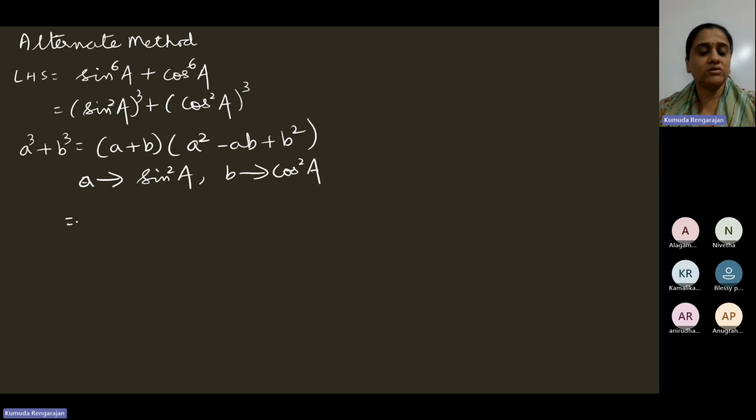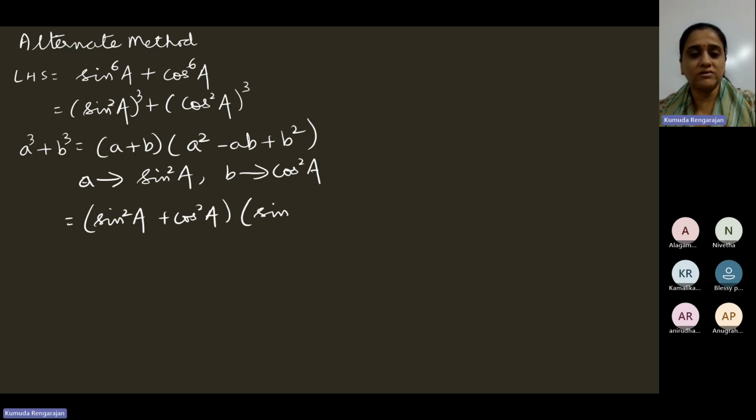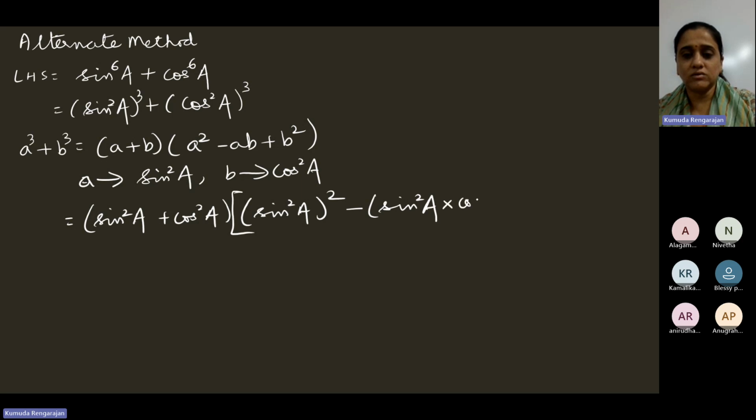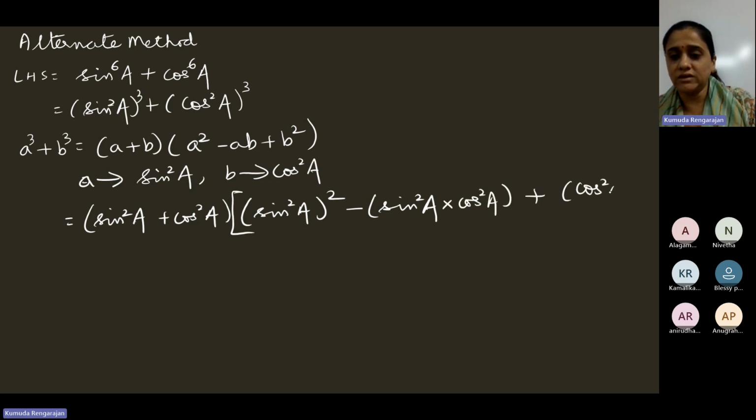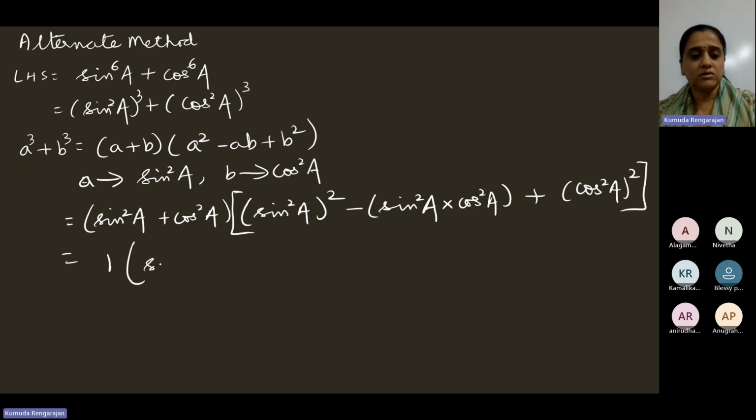So substitute using the identity a plus b. So sine square a plus cos square a into a square, minus ab, this is a into this is b, plus b square. This is b and this is b square. So here it's 1 into